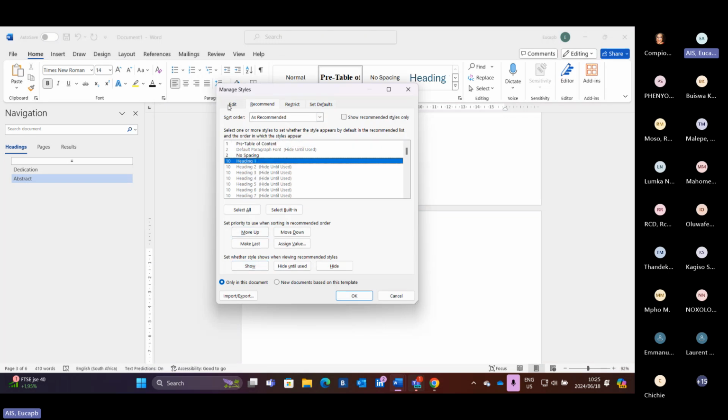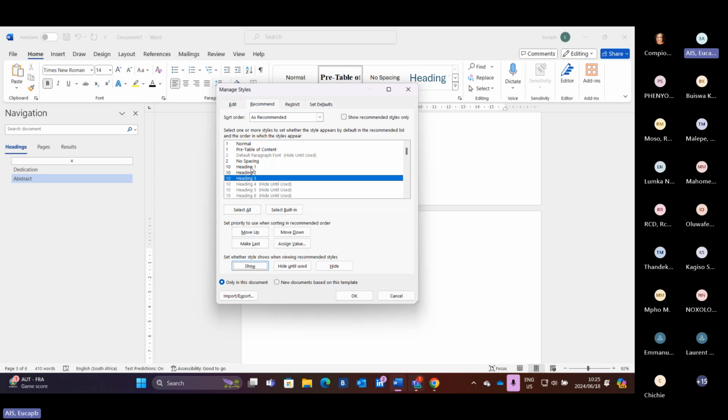Make sure that you go to the recommended. You select heading 1, click on show, heading 2, click on show, and heading 3, click on show. So heading 1 is going to be your main heading, heading 2 is going to be your subheading, and then heading 3 is going to be your